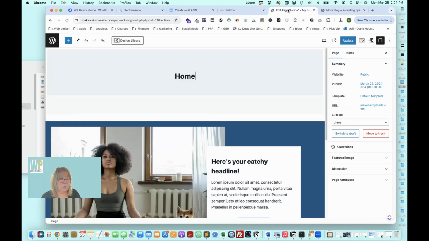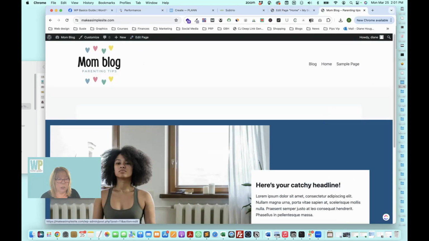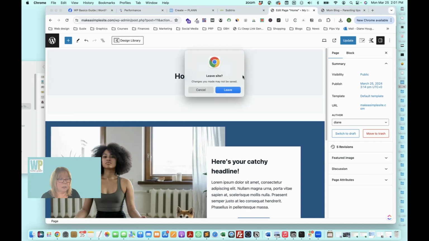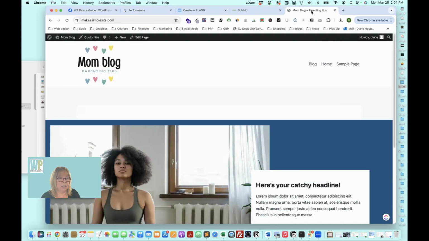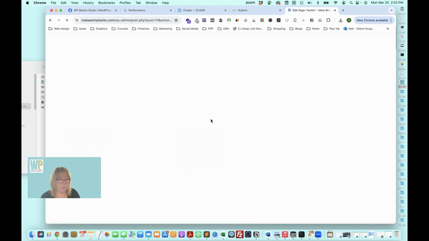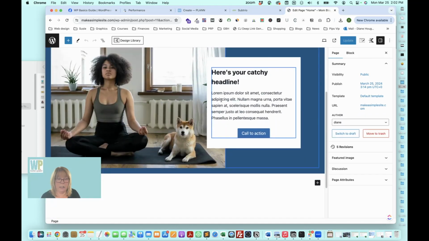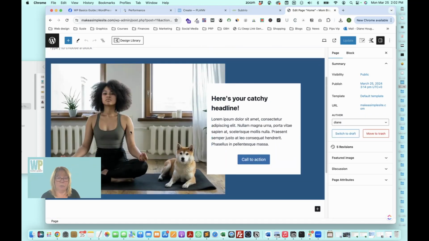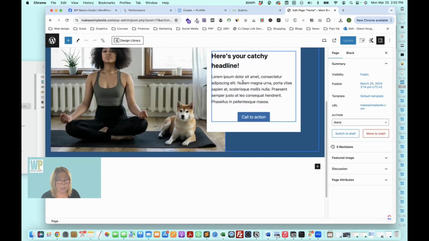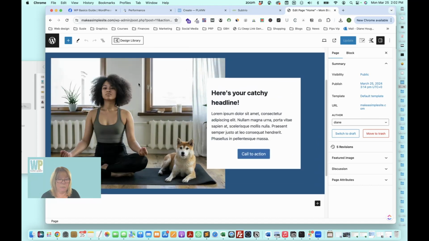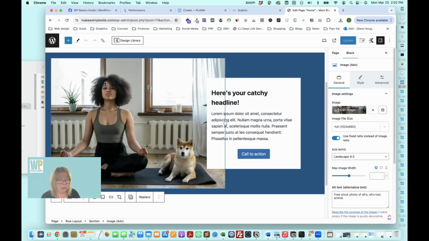So now I'm going to go into edit home page. You know what, I'm going to do it from here because that's not going to be updated. Leave that. Okay, so I'm going to edit page, and like I had on my little drawing, I have my hero image with a headline and a call to action. I'm going to change that hero image